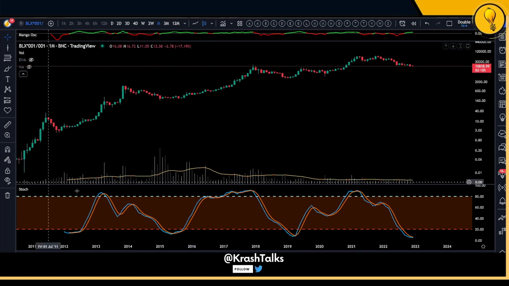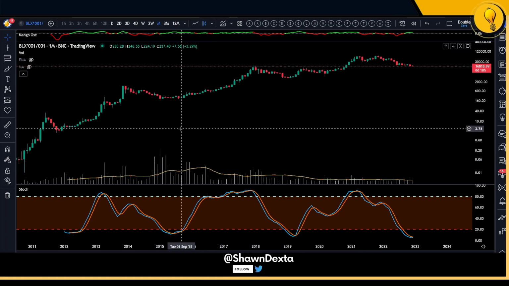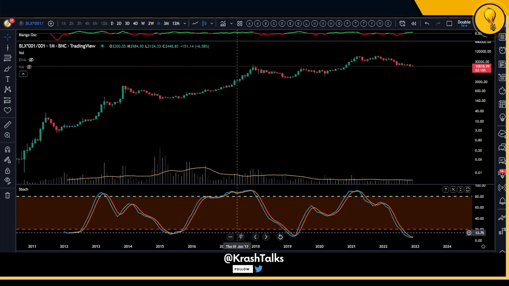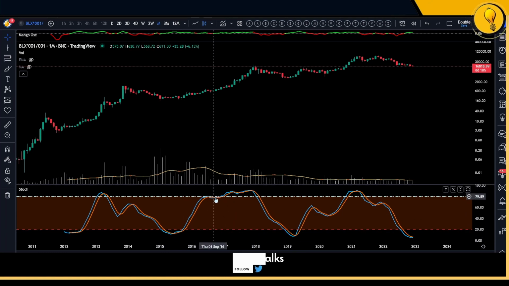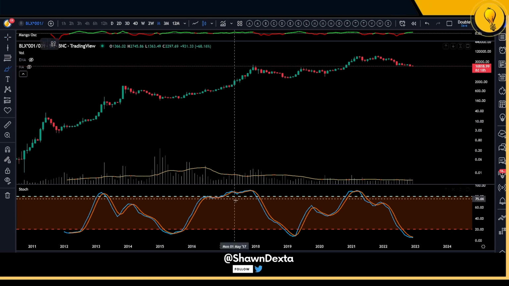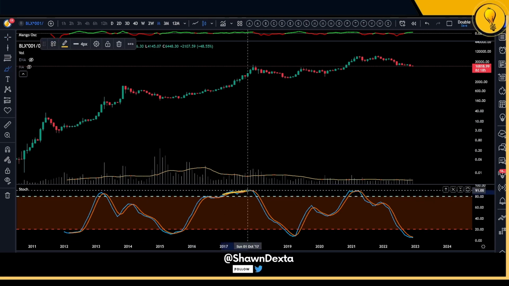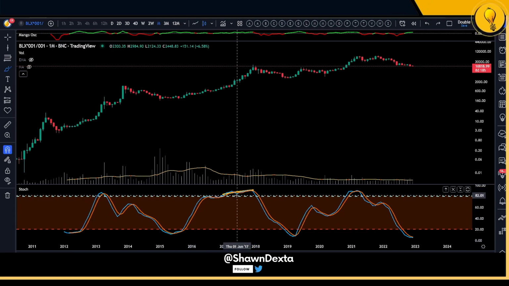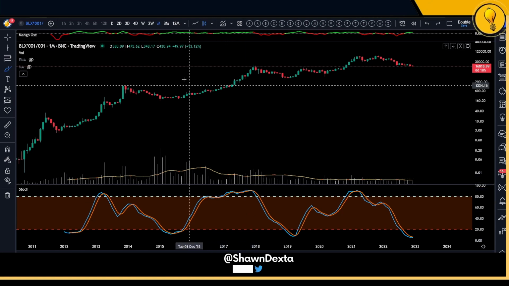Now, quick disclaimer before we talk about the stochastics. One, do not ever use your momentum indicators as your sole indicator, especially using them as your oversold or your overbought indicators. You guys know my thoughts on that. Markets can stay oversold for a very, very long time and keep going down, oversold. And markets can stay overbought too for a very, very long time. A really good indication was the 2017 bull run. We stayed overbought for an entire year, leading from around $1,000 to $20,000. Yeah, so good luck trying to short that with your overbought call.